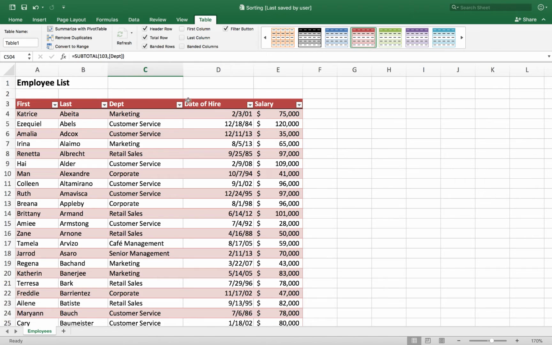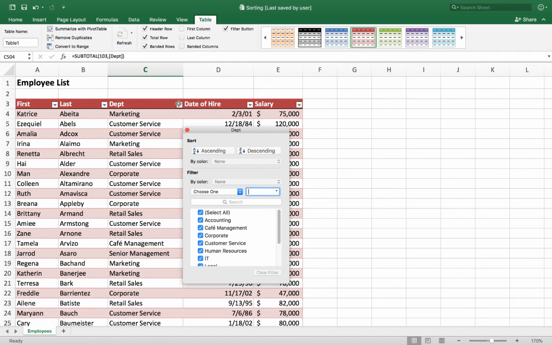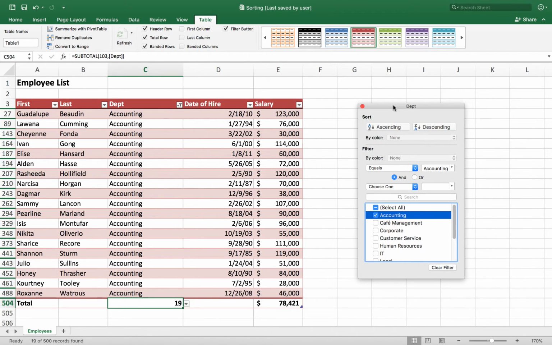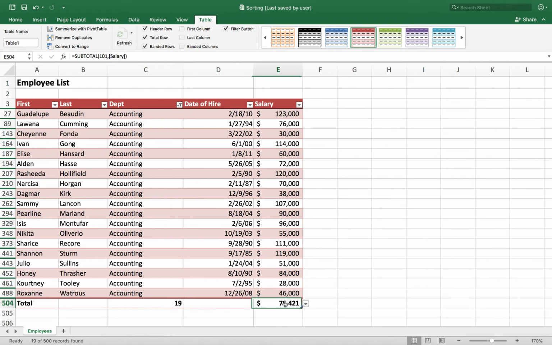I'm going to go to the department column, for example, and in the dialog box here, I'm going to toggle off the select all checkbox, and then I'm going to pick the accounting department, for example. So when I click on that department, cool, look, let me move this dialog box out of the way. Look what happens there, you guys. It filters like we did before when we had the drop down, but also my calculations down in the total row are dynamic. So now I can see I've got 19 guys in the accounting department. I can see I was calculating an average salary. Let me change that salary column back to the sum function.